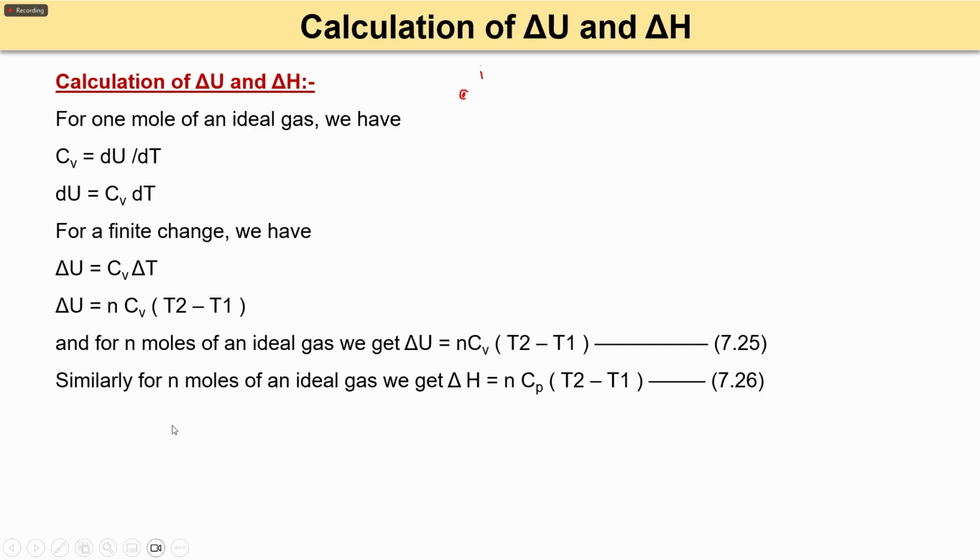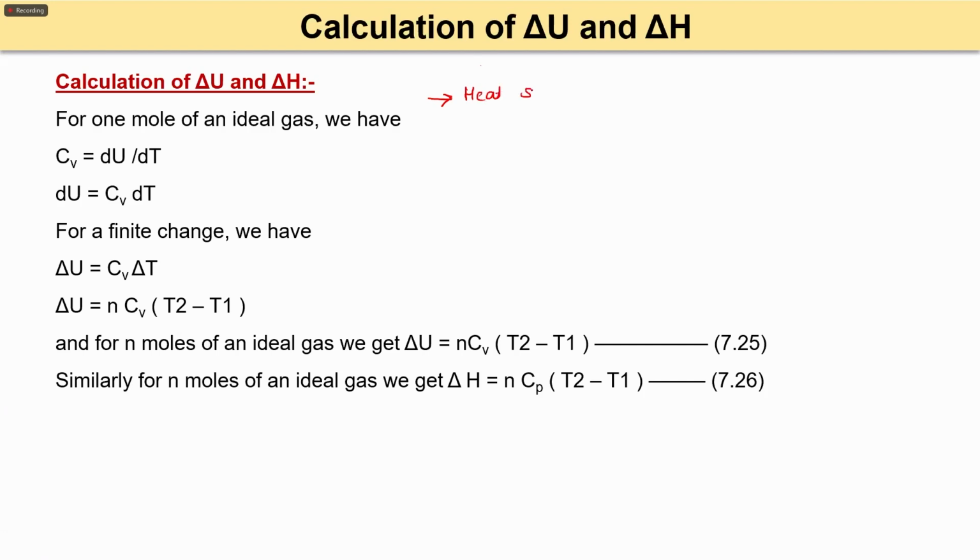So in the previous lectures, I have shown that heat supplied to the system at constant volume is equal to the change in internal energy. And if it is supplied to the system at constant pressure, then that is equal to the change in enthalpy. Okay, so in earlier classes, I have told you that